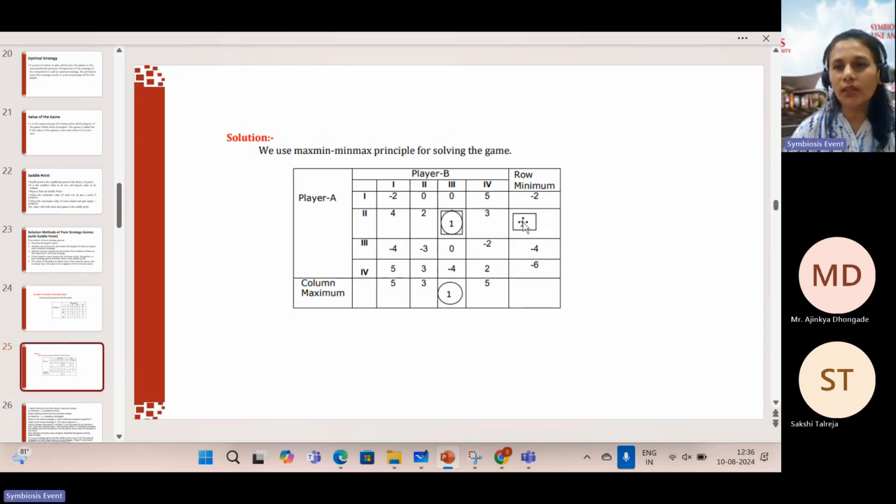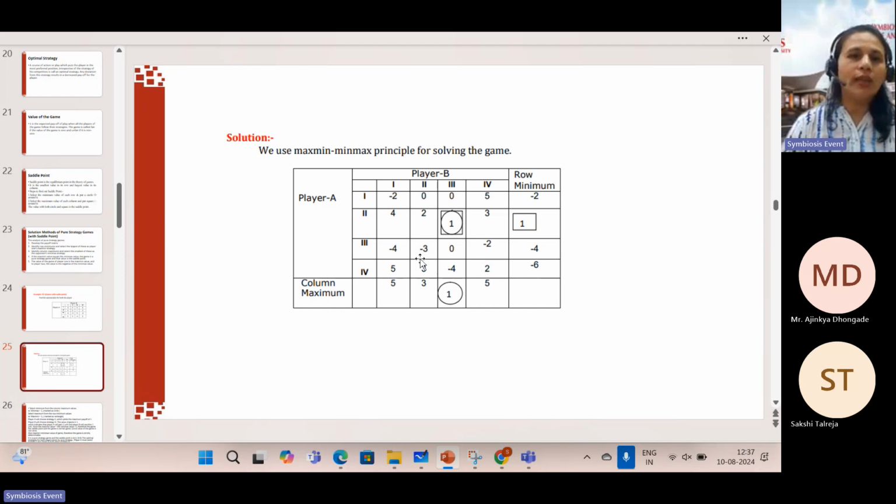So once I receive the row minimas and column maximas, what do I have to do? I want to maximize the chances of player A, so I'll take the maximin, that is the maximum of all row minimas. This is all about strategies and chances of winning, so chance is involved everywhere. Minus 2, 1, minus 4, and minus 6. I can see the maximum number is 1, because the other three indicate my losses. So definitely I will go for that profit, even if it is a smaller value, because it is still a profit,